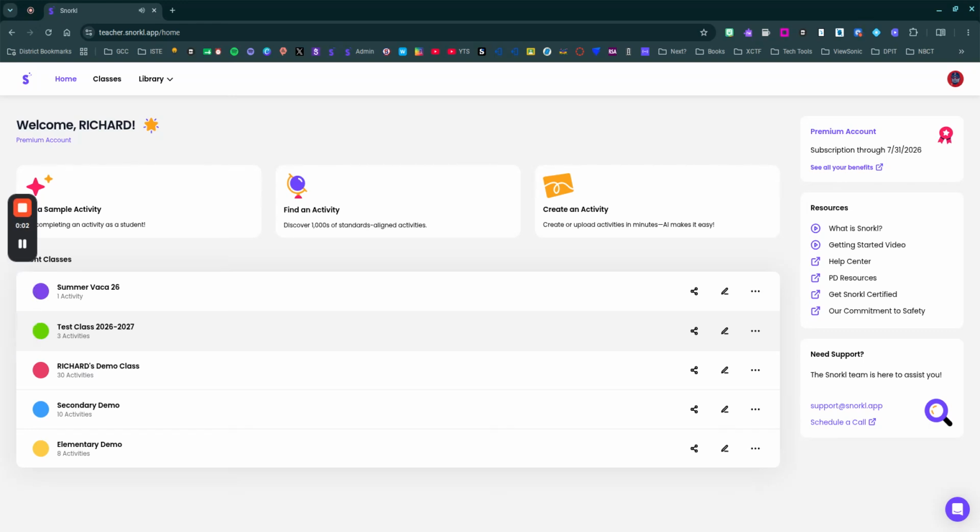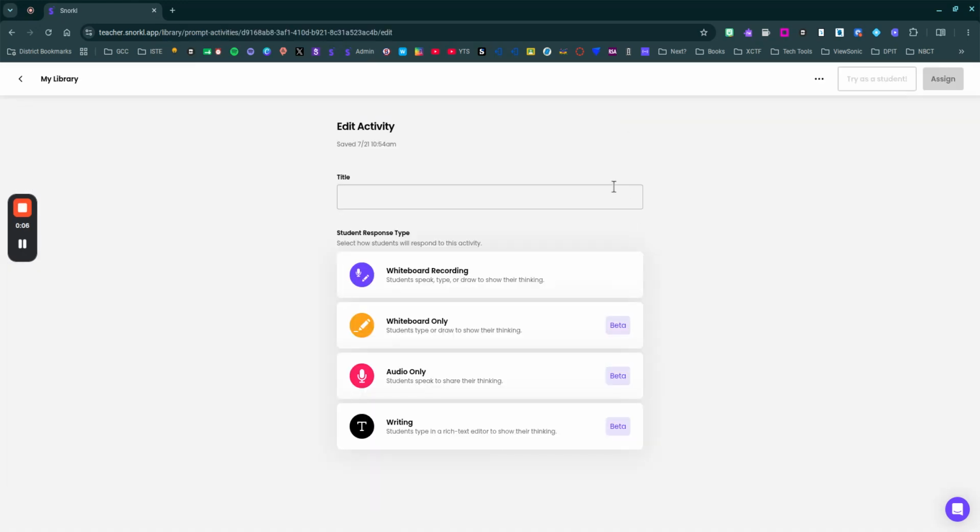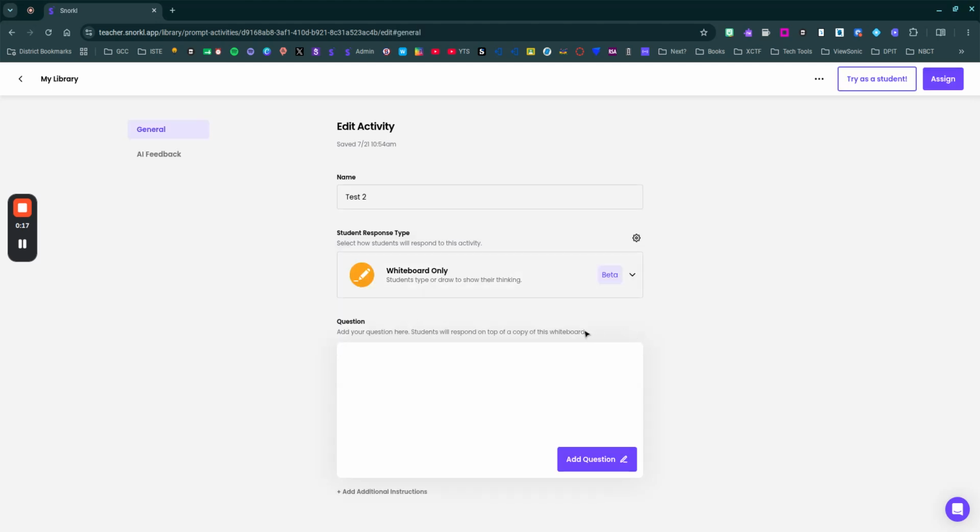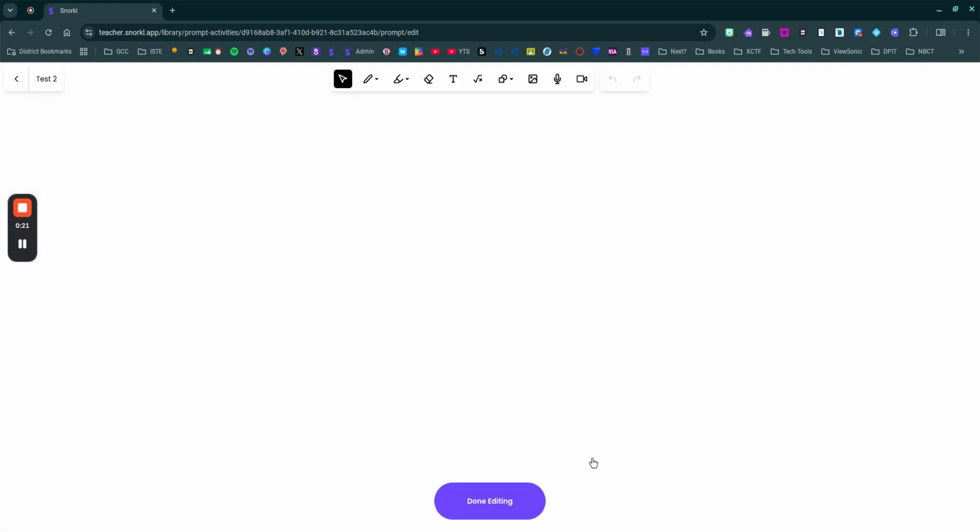We're going to build a whiteboard only activity. To do that, click on create an activity, and then give it a title. And then you're going to build a whiteboard only activity. Is the second one. It works just like the whiteboard record, but this time when I go in here,